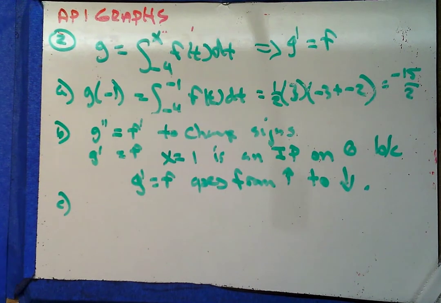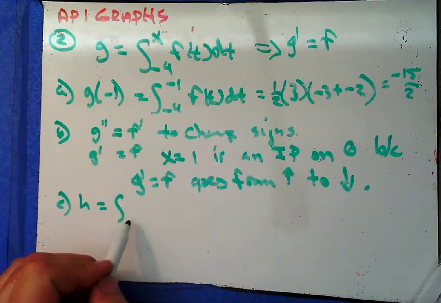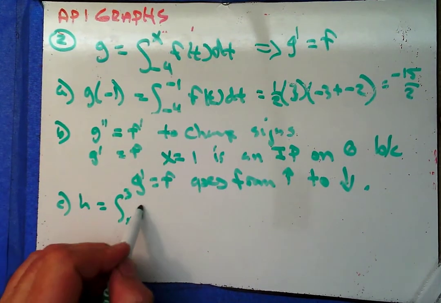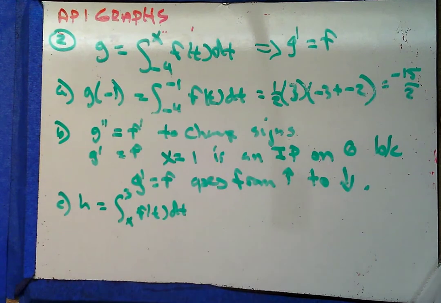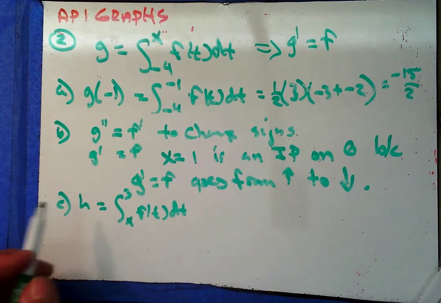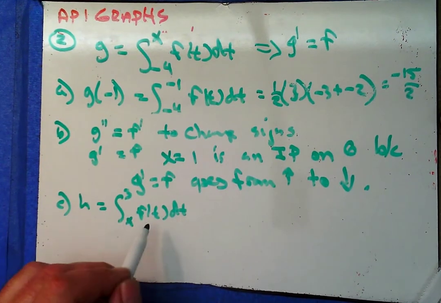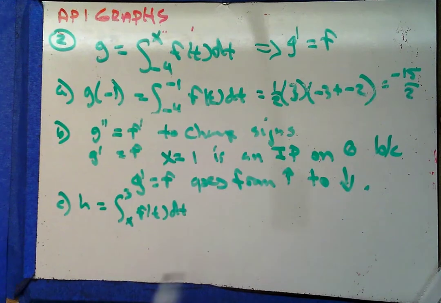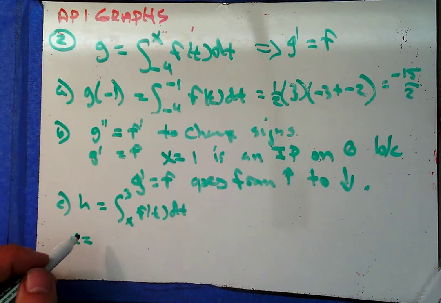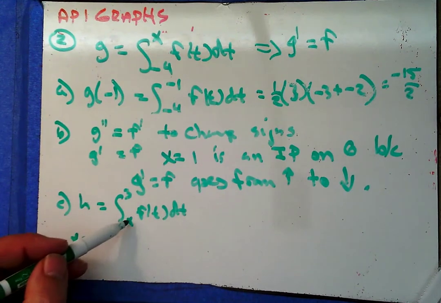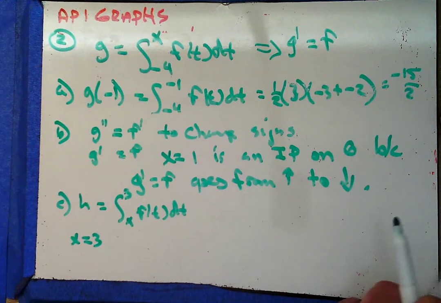Okay, part C. Let H be defined in this other way. We've got an H function now, and H is defined x to 3 of f of t dt. Find all the values on the closed interval for which h equals 0. Well, if h equals 0, that means that this integral equals 0. So when does this integral equal 0? Well, the most obvious, no, I hate using that word. Many people see that the integral from 3 to 3 would be 0,